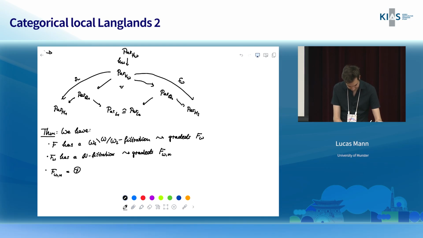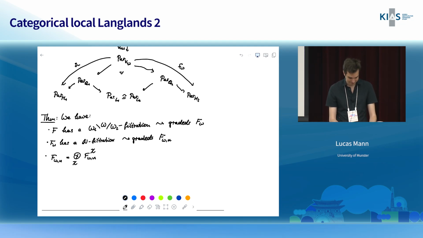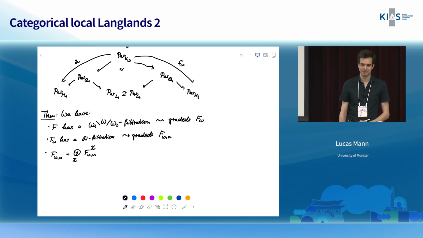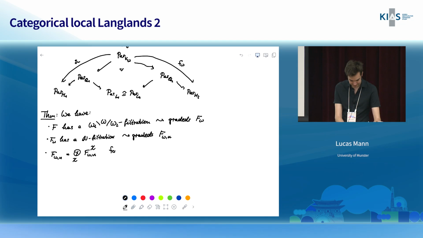This decomposition is pretty simple. It's just a decomposition as a direct sum. This one is optional, but in some sense we need it, right? Also, if I want to do the final statement, I have to talk about these. So it's a direct sum of these F_{W,N,χ}, for χ running through characters